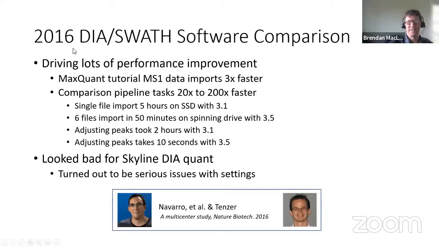So the genesis of the batch scripts, Windows batch scripts, .bat files, came when we started in 2015 on this DIA Swath software comparison led by Pedro Navarro while he was in Stefan Tenzer's lab. And the outcome was this 2016 Nature Biotech paper. And I have to admit that Skyline was not well suited for this particular analysis when Pedro started, and he reported,